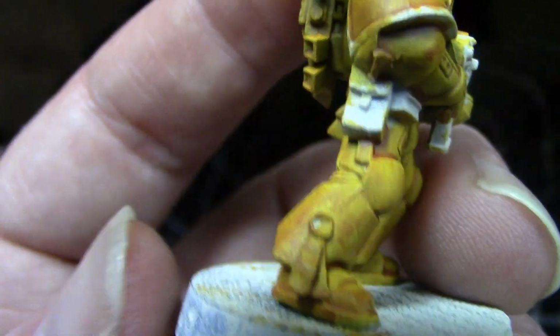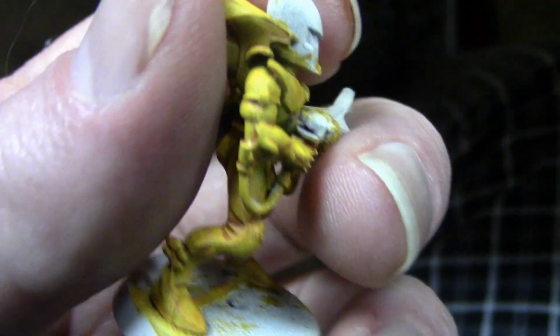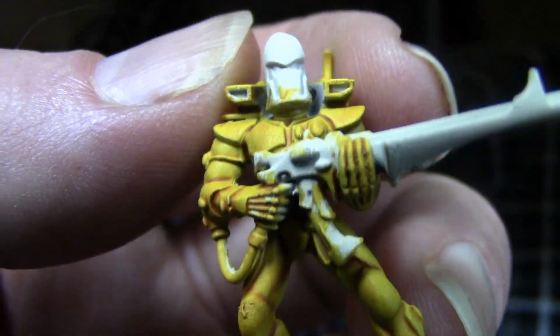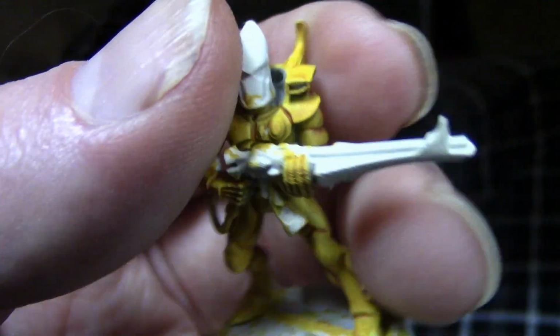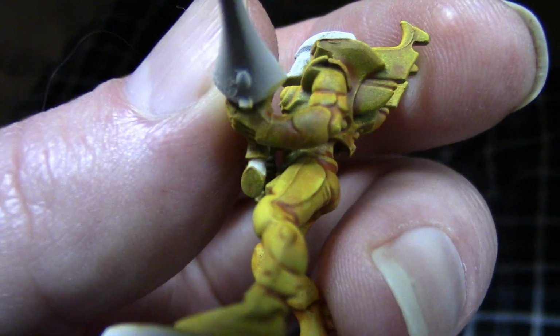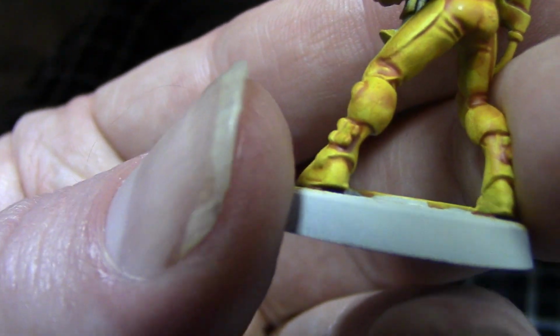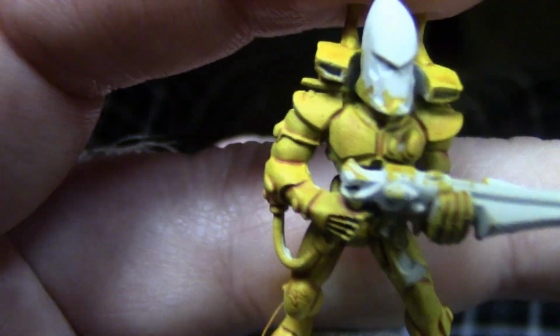I still gotta do the leather for the... I don't know if it's the way the lines are on the Guardians, but this guy lended himself a little better to the recess shading. But I gotta clean it up. There's a lot of cleanup because these paints are just kind of all over the place. You see, that looks good there. That definitely looks cool. But then in the front, the chest area, it's very...